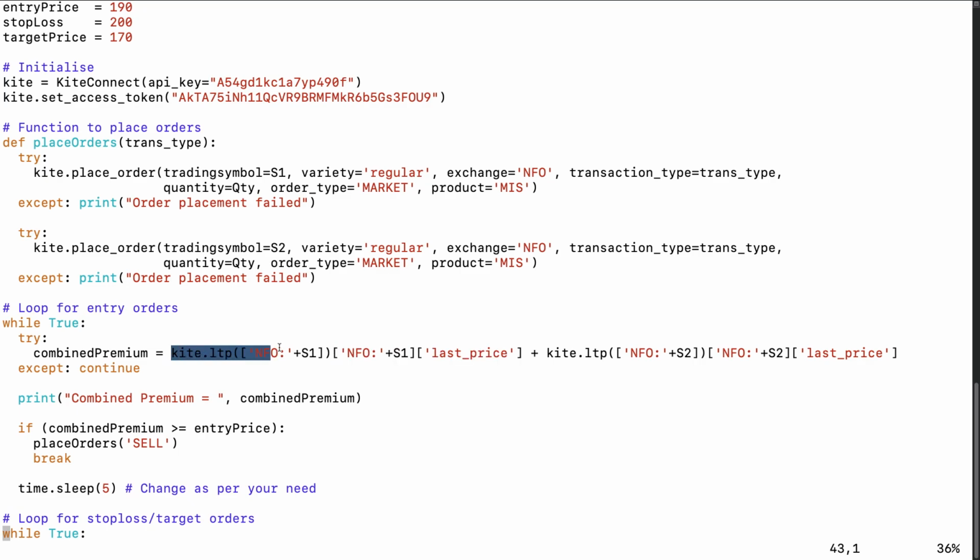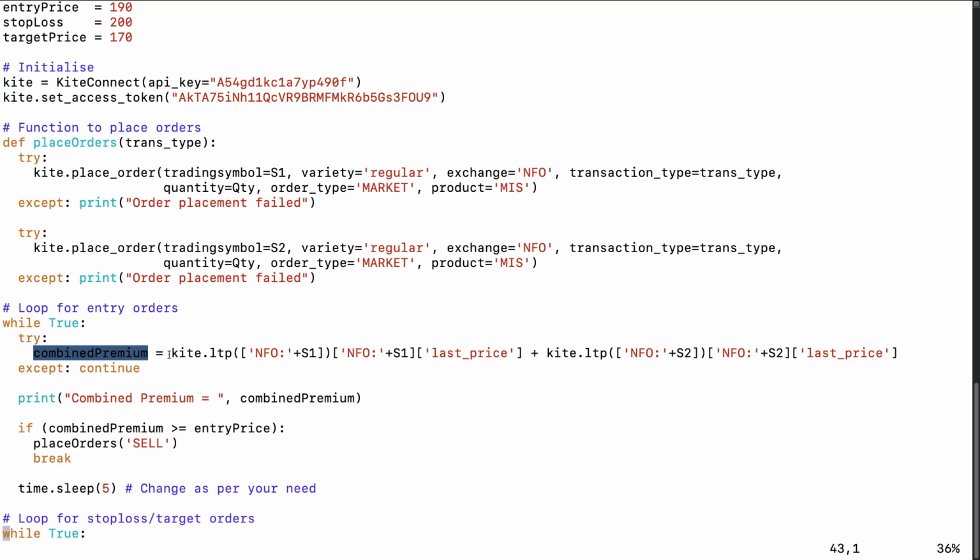Okay. So if you understand this, this is exactly the same except that I am saying this is for symbol 2. And whatever last prices are returned for symbol 1 and symbol 2, I am just adding them and putting it in a variable called combined premium. Okay.